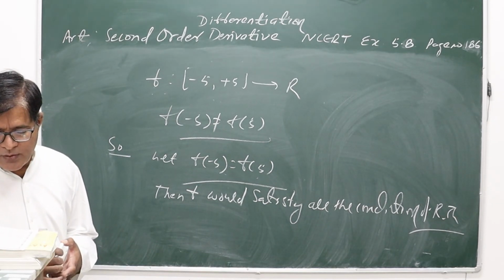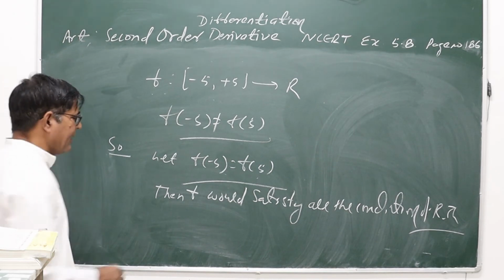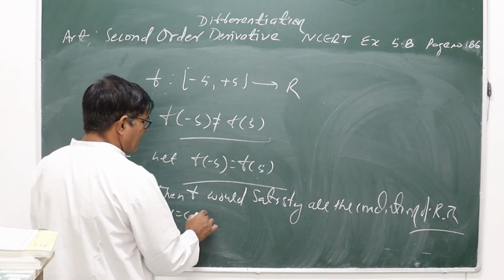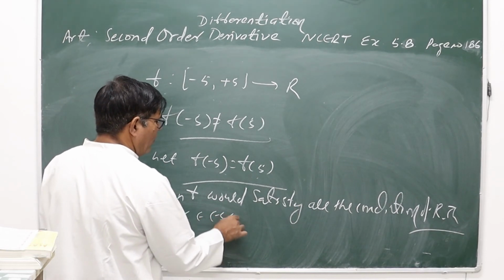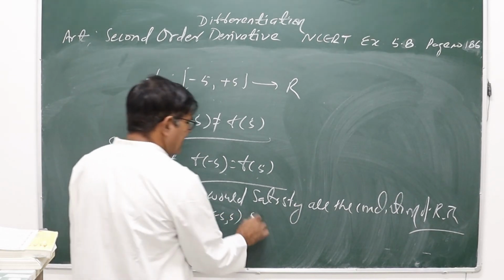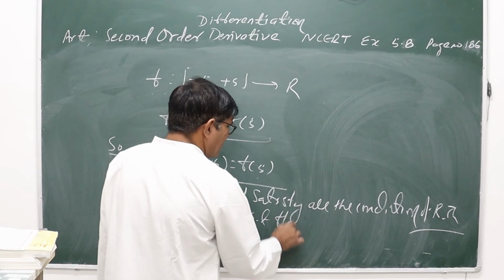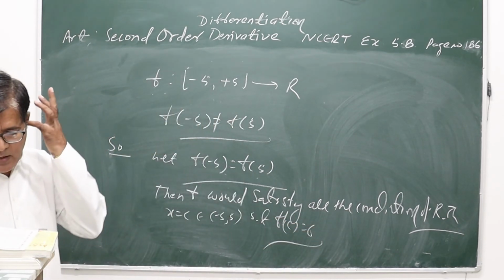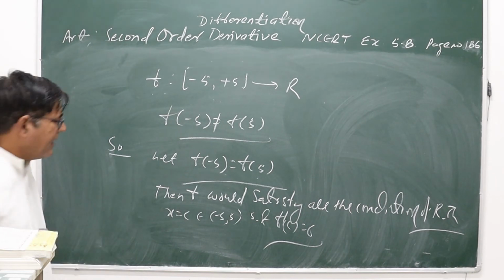Hence there should exist at least one point x is equals to c belongs to minus 5 to plus 5 such that f dash c जो है वो क्या होना चाहिए आपका 0 के बराबर होना चाहिए,